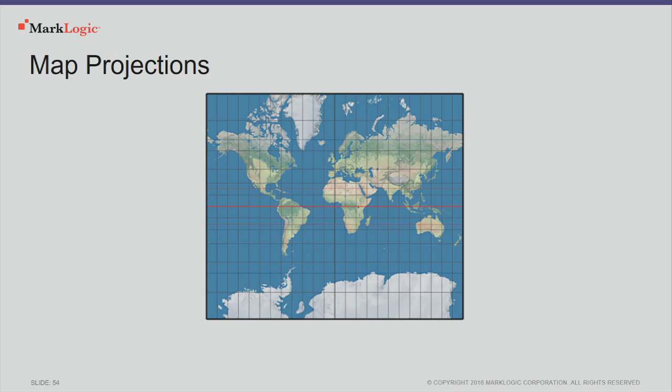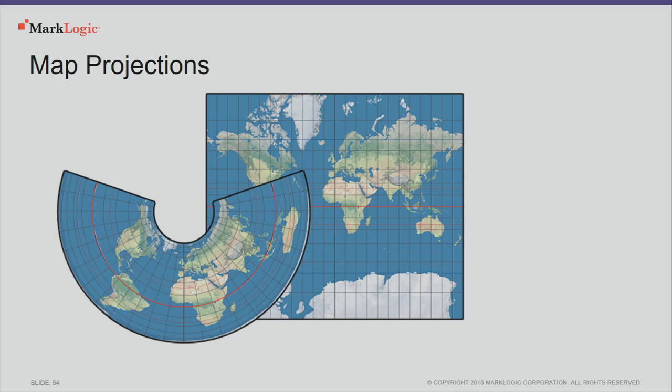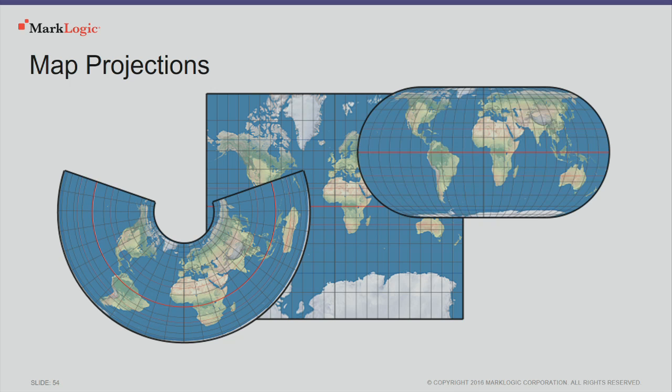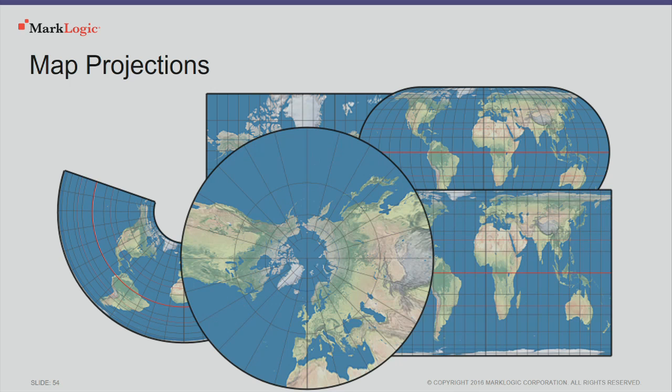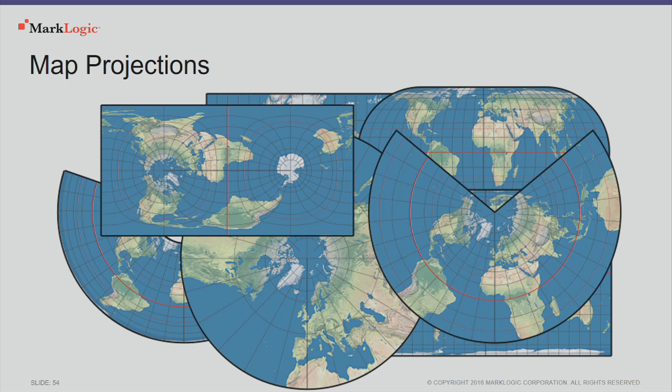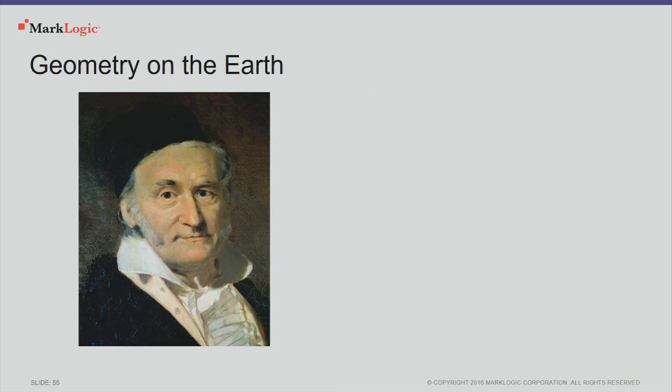So one approach to solving this problem is to use what's called a map projection. These flatten out your map onto a flat surface. For example, here we have the Mercator projection. It's famous because it's useful for navigators, but unfortunately it gives a very distorted view of the Earth just from looking at it, especially around the poles, which get very much enlarged. So you might try various other projections. There's a ton of these, thousands, all sorts of interesting, colorful names like Eckert and Mnemonic and so forth. But ultimately,